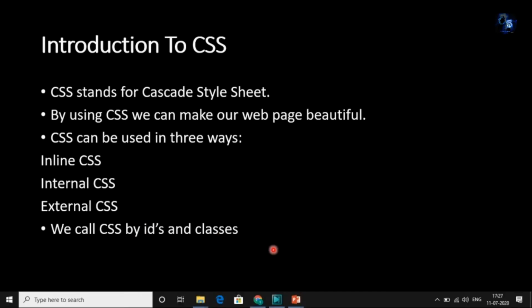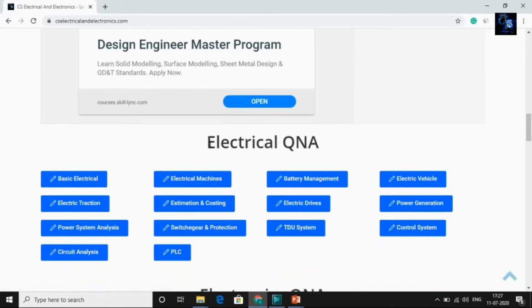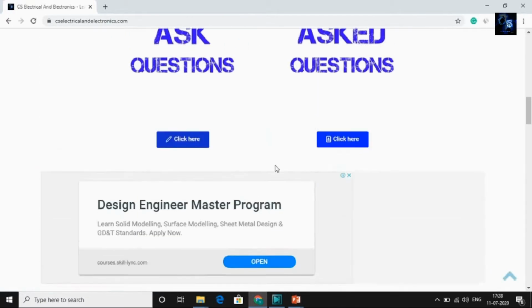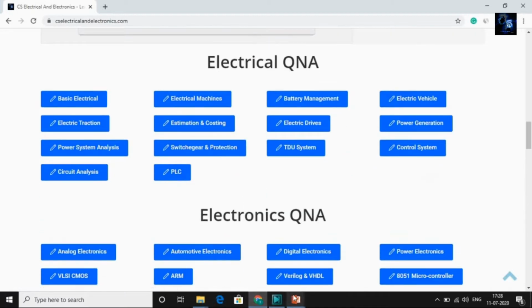Wait guys, I will open one web page and explain. This is my website. If I want to add color here, then I need to use CSS. Here you can see color. This is because of CSS. This is a button. If I need to add any color to a heading, then I need to apply CSS. Here you can see one simple web page. And if I want to add any image, then there is an image tag. By using the image tag, you can add images in web pages. This was about the introduction to HTML and CSS.